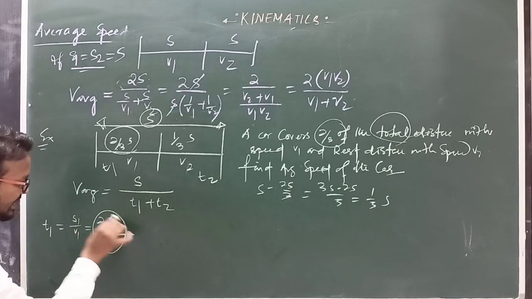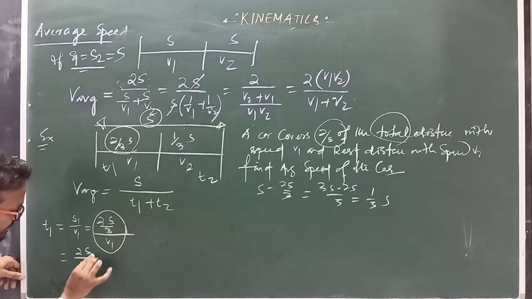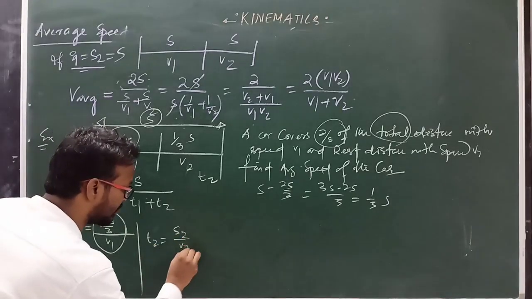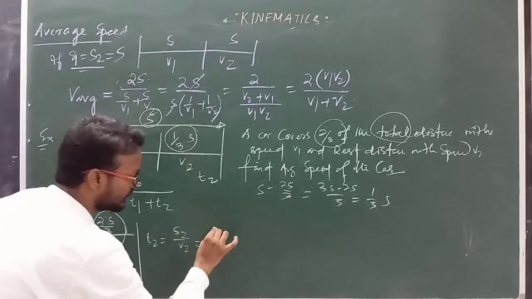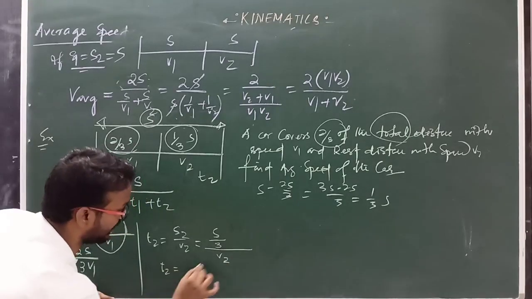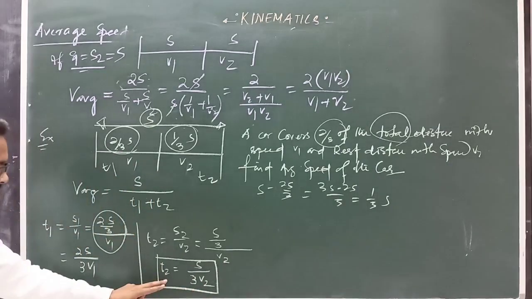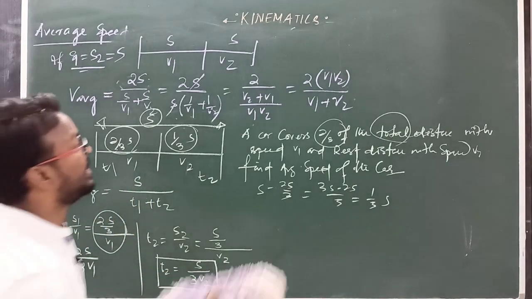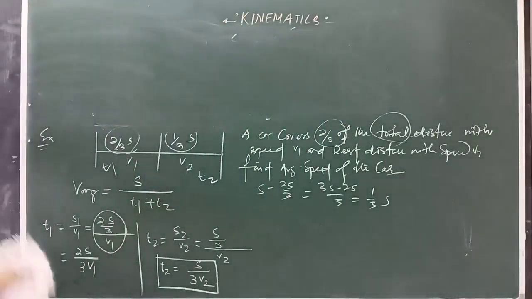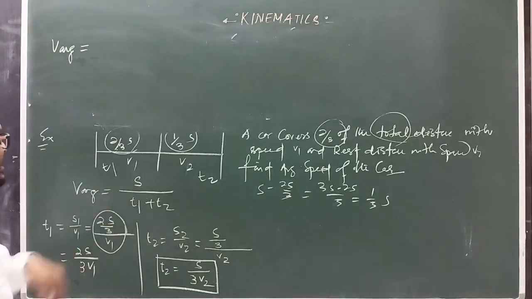Clear? So T1 equals 2S by 3V1. Similarly T2 equals S2 by V2, and S2 is S by 3, divided by V2, so T2 equals S by 3V2. Clear? So time has been converted in terms of S and V using the given physical relation. Now we have to find the average speed. So V average equals total distance, which is S,